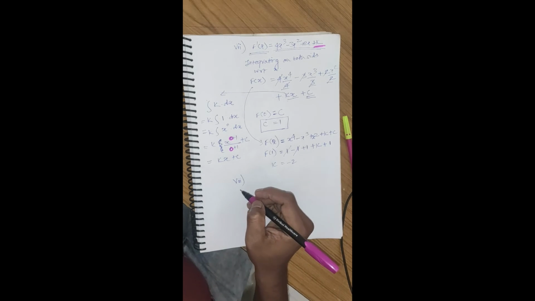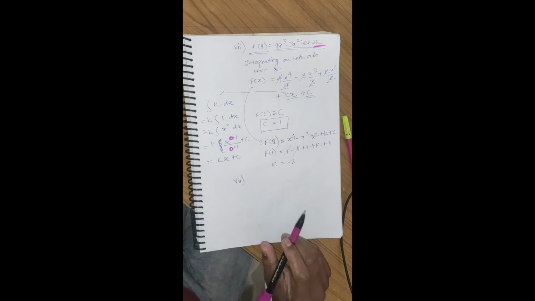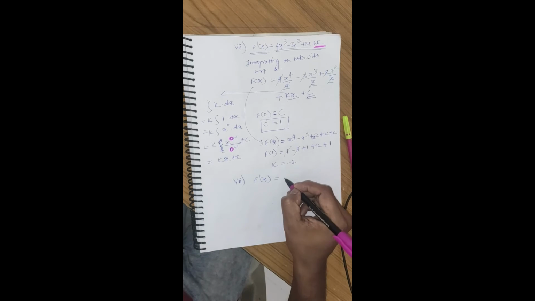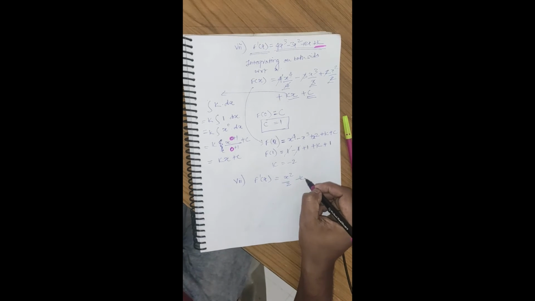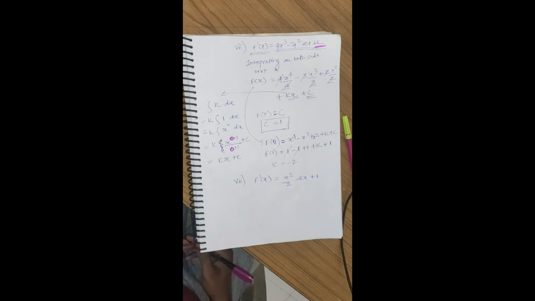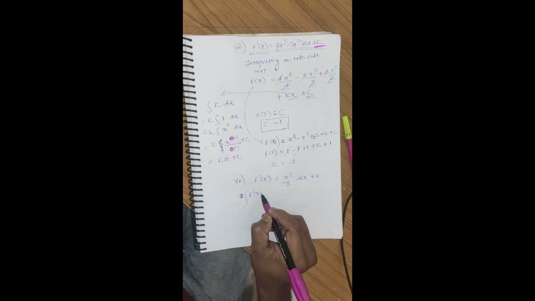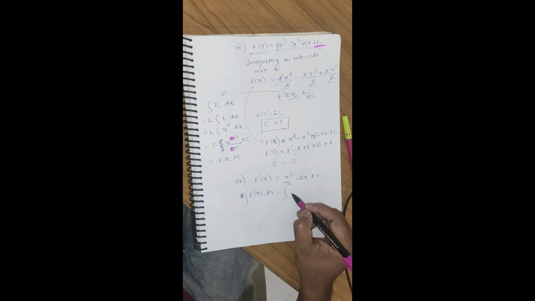Let's move to the 8th one. Very quickly we have moved. It's been 16, 17 minutes, I guess. So the last one is f dash of x is equal to x square by 2 minus kx plus 1. So I'll integrate this. Again, I'll solve with the last method. So integration of f dash of x with respect to x is integration of x square by 2 minus kx plus